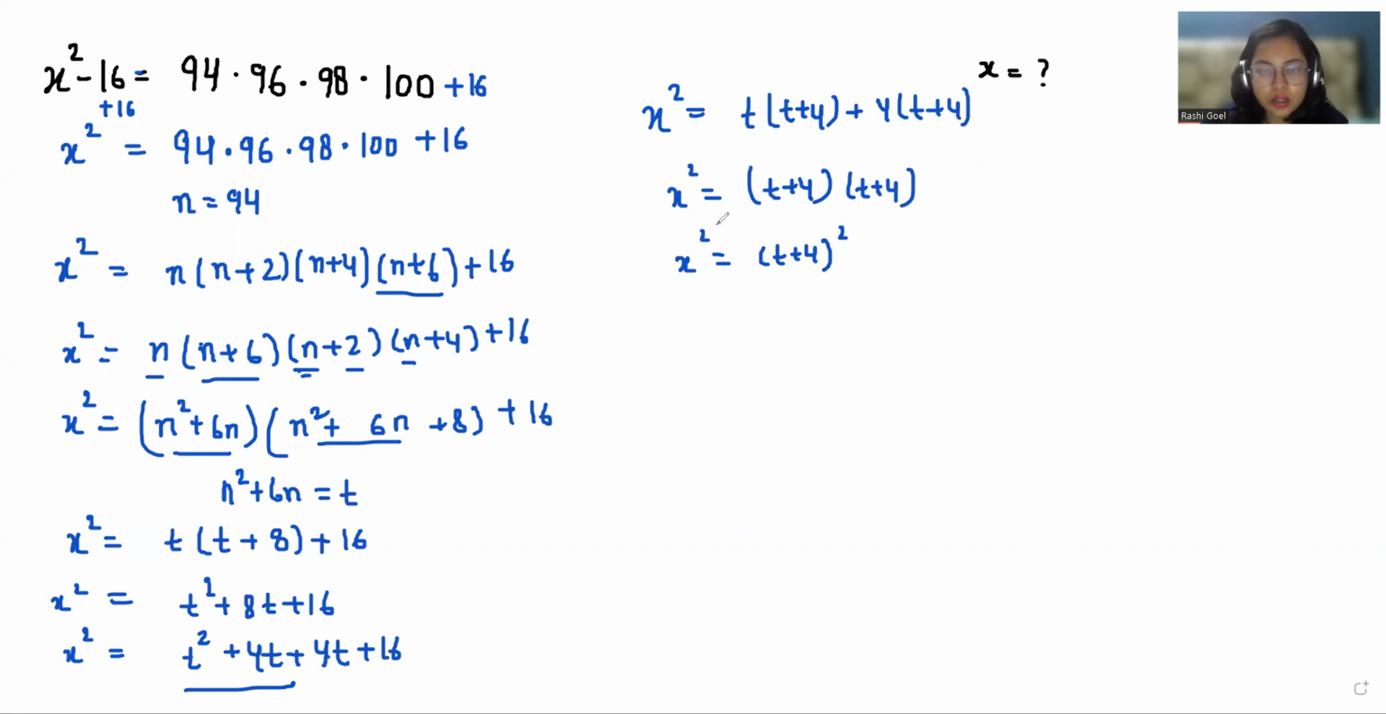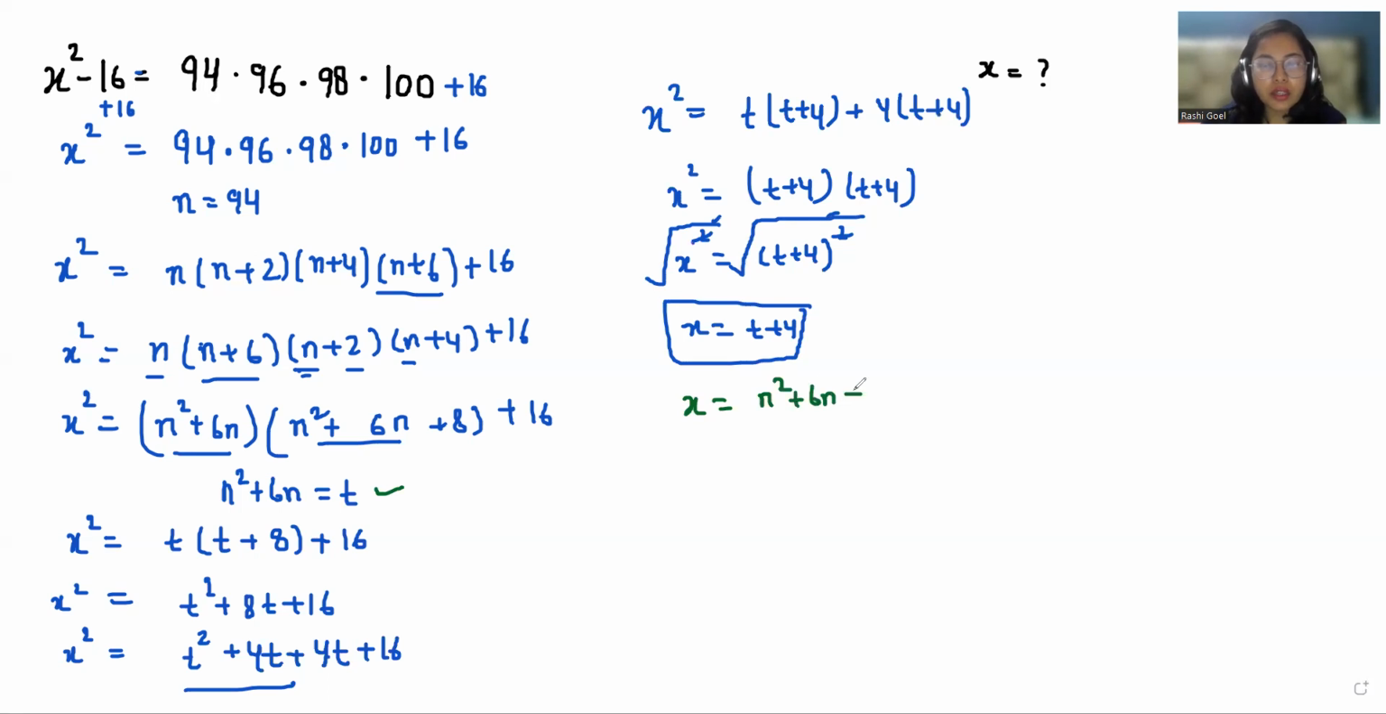I am taking square root on both sides. So with the help of this square, the square root eliminates. So x is equal to t plus 4. As we know, we take the substitution of t, so x is equal to n square plus 6n plus 4. And we also take the substitution of n. So x is equal to 94 square plus 6 times 94